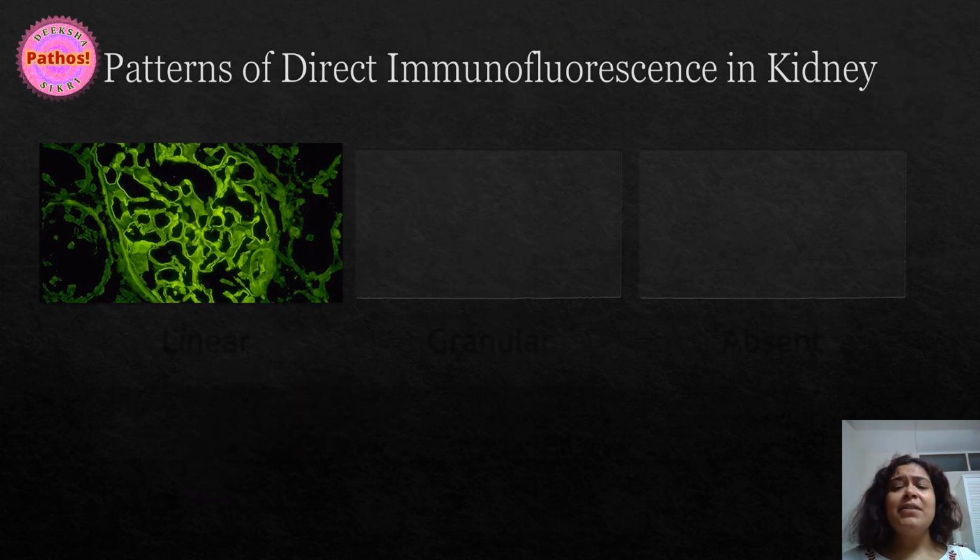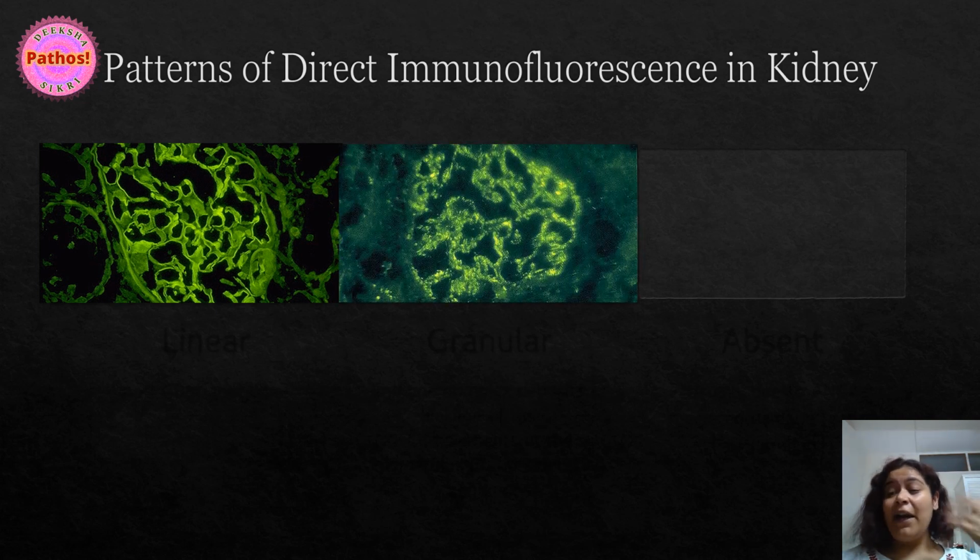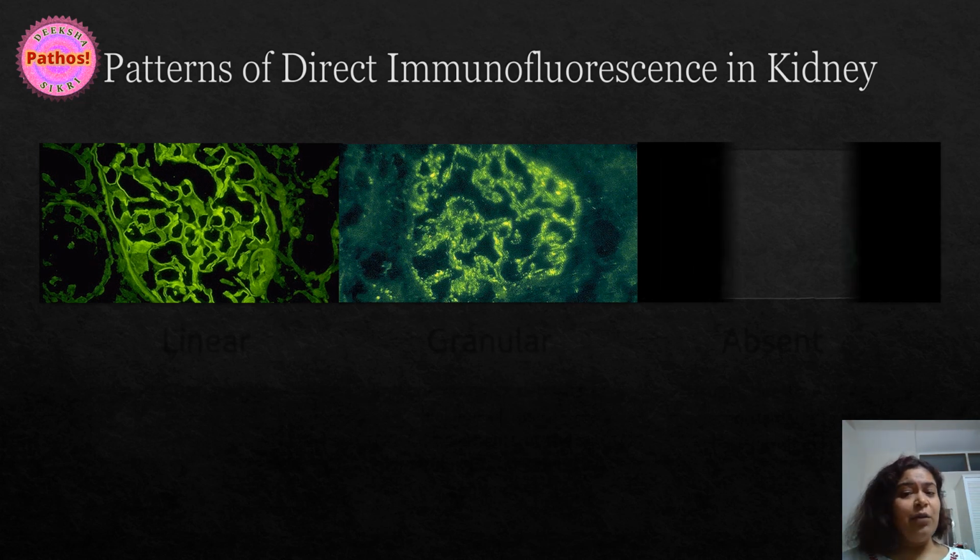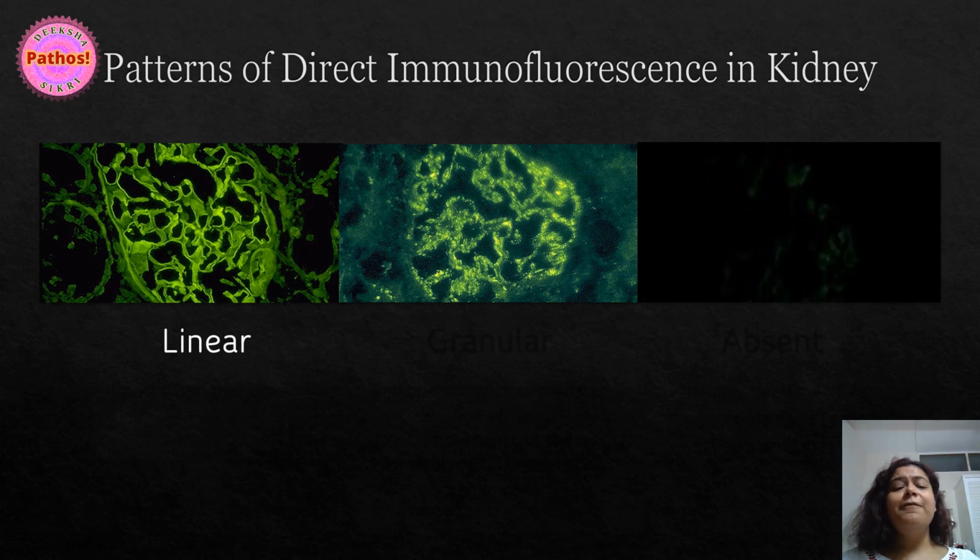There are three patterns of direct immunofluorescence that you can see in kidney. The first is, as you can see here, this one. In your mind, you can answer: this is the second one, and this is the third one. So the first one is a ribbon-like positivity, isn't it? It looks like very nicely ribbons are spread across the glomerulus. It's continuous. It is regular. So this is a linear pattern.